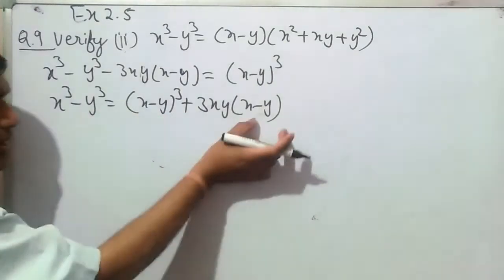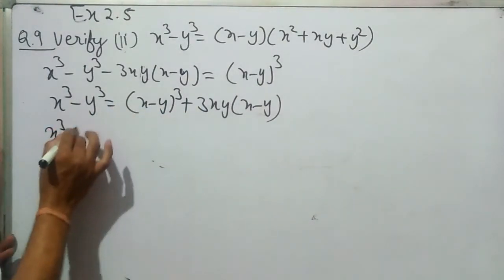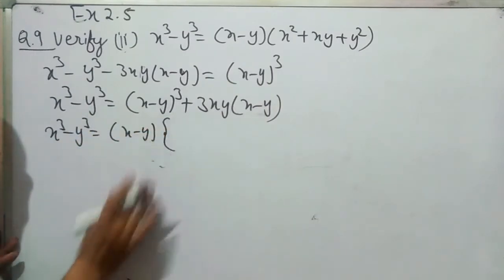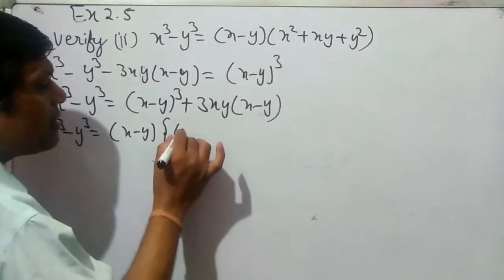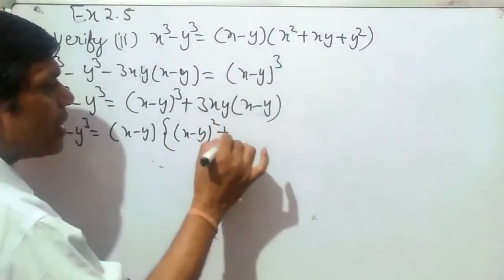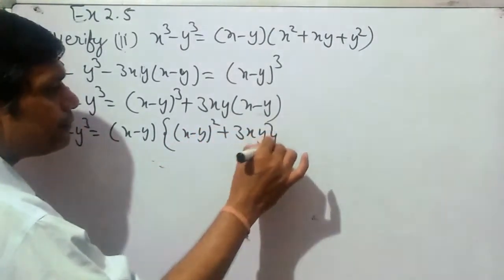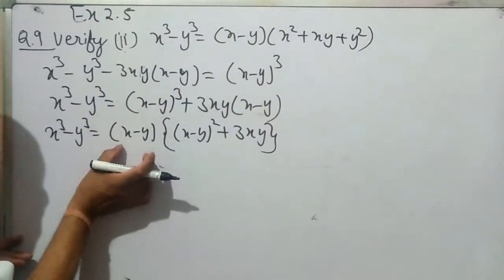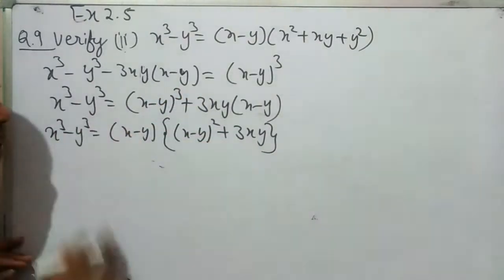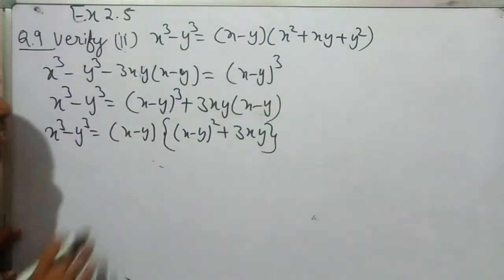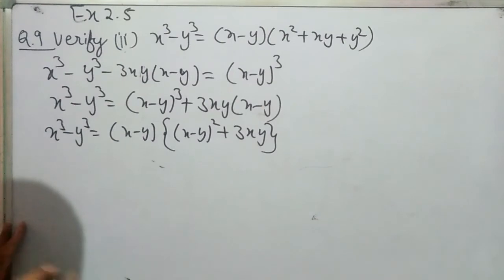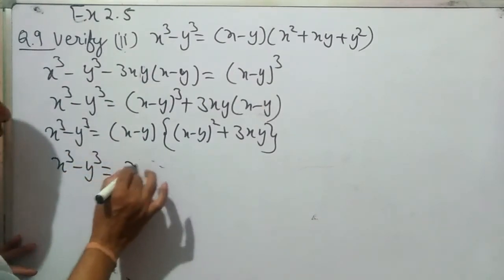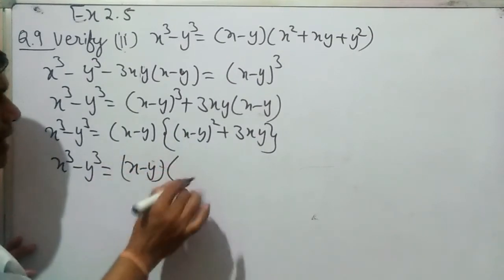Let us take common x minus y over here. What we have is x minus y whole square plus 3xy. Arey bhai, I took x minus y power 1 common here, so one power is reduced from power 3; the power 1 here is removed. Simple. So what we are getting? X minus y common out in the bracket.